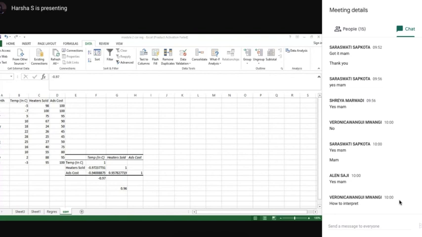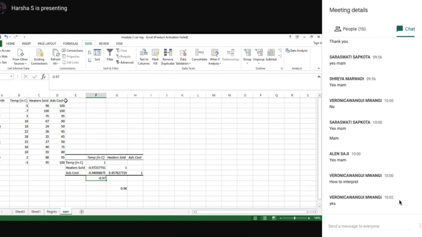Then again, I added one more column which shows the advertisement cost. So I wanted to find out the relationship between the heater sold and advertisement cost. If I want to know the relationship between the C and the D column, then I'll be looking here. Did you see? Heater sold and advertisement cost, they meet up here. So my correlation is 0.957. That means rounding it up, it is 0.96.